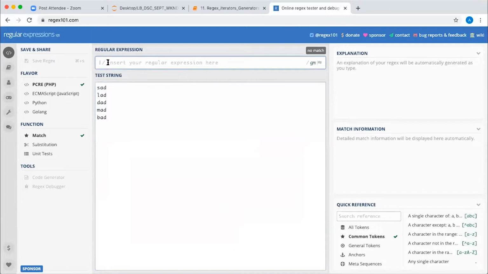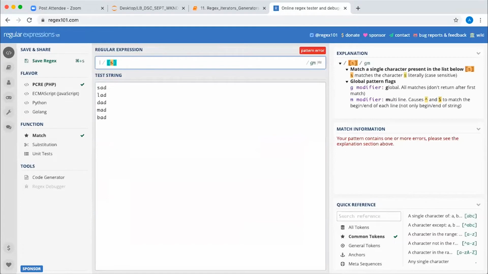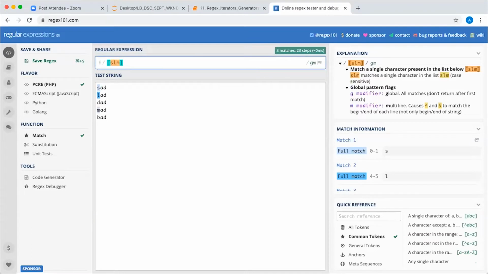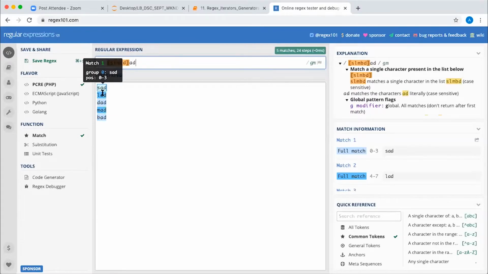What I can do is write these characters into this square bracket: either it should be S, the first character, or L, or M, or B, or D. And then the last 2 characters will be only AD.